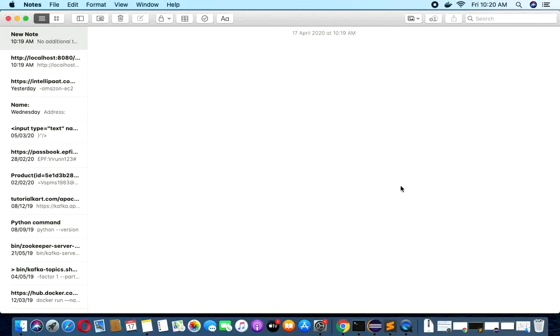Like the test server has a different database, ID, password, and log location, and the stage server has a different database, log location, etc. If we create all this setup in a single property file, then every time it's the developer's responsibility to change it based on the environment before deployment.